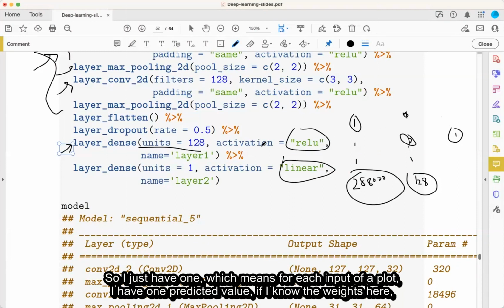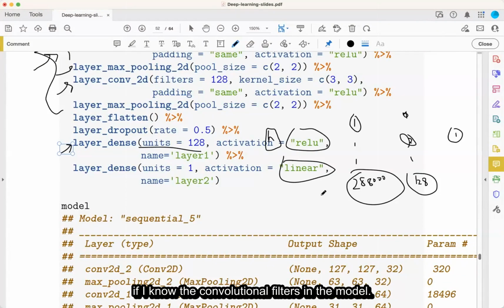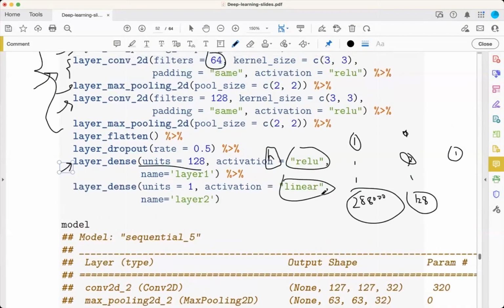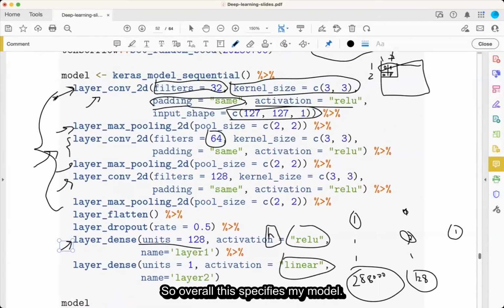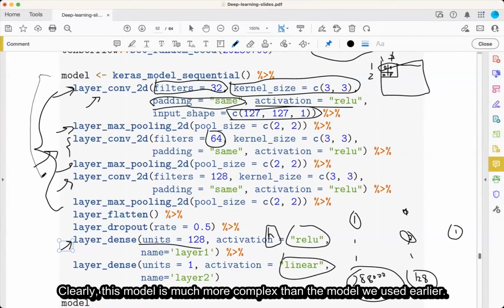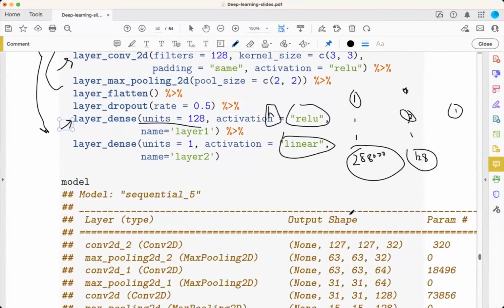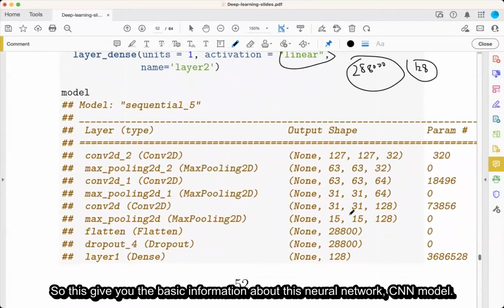Which means for each input plot, I have one predicted value. If I know the width here, if I know the convolutional filters in the model, overall this specifies my model. Clearly, this model is much more complex than the model we used earlier. So this gives you the basic information about this neural network